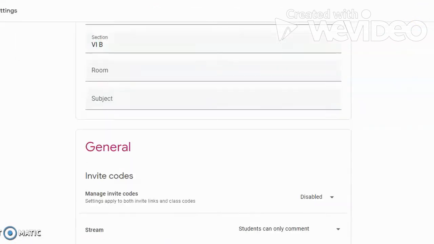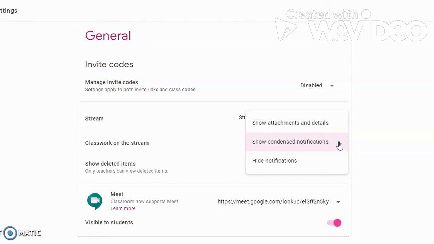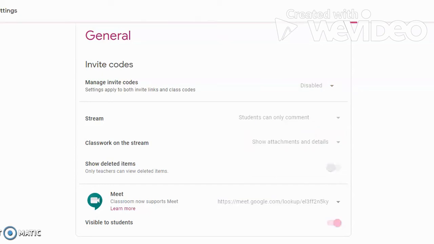Next is the classwork on the stream. Again, they have provided us with few options. Show attachments and details. If you choose this option, you need to click on save.